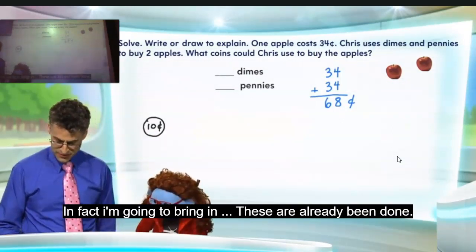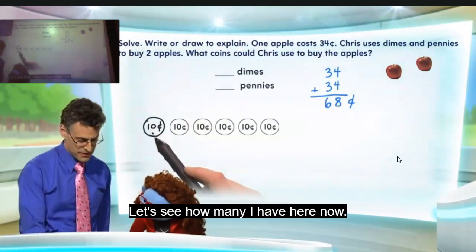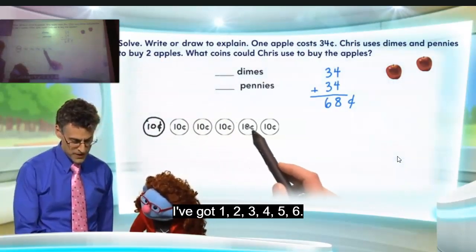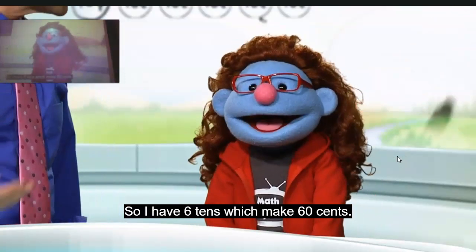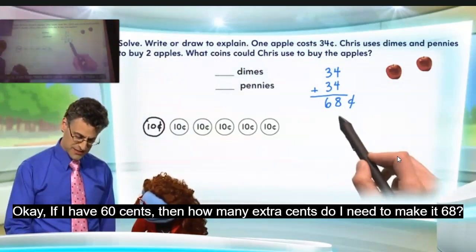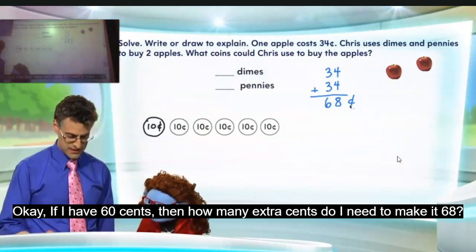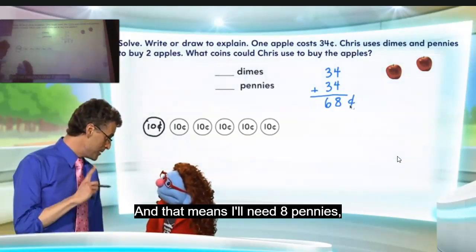In fact, I'm going to bring in, these have already been done. Oh, very nice. Thank you. And let's see how many I have here now. I've got 1, 2, 3, 4, 5, 6. So I have 6 tens, which make 60 cents. Okay, if I have 60 cents, then how many extra cents do I need to make it 68? Well, there's 8. Exactly. And that means I'll need 8 pennies,